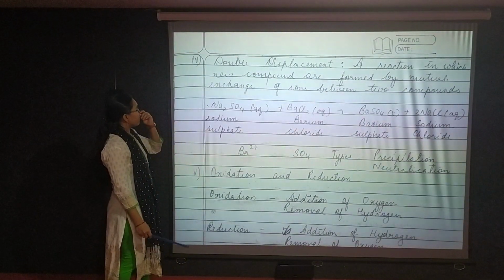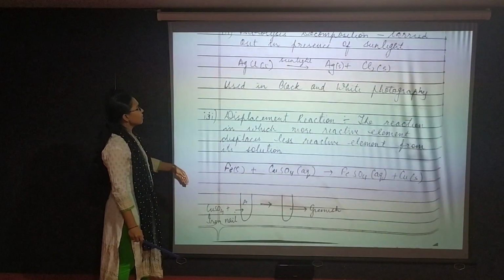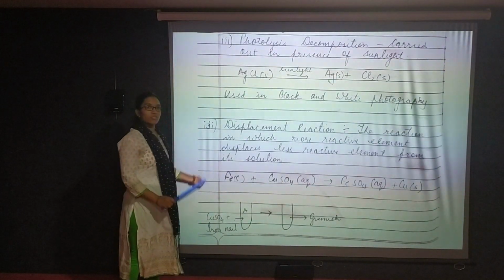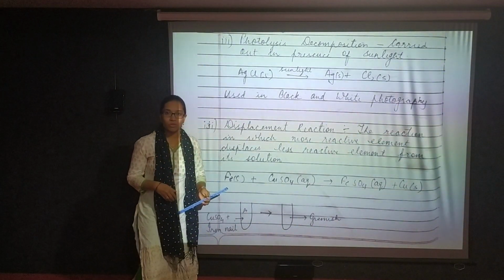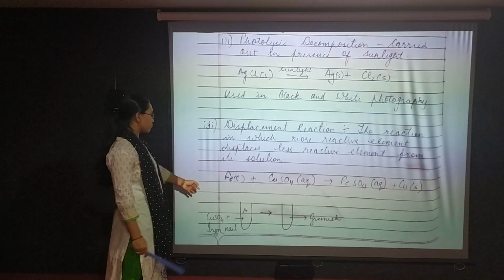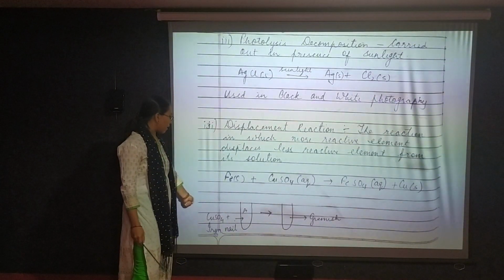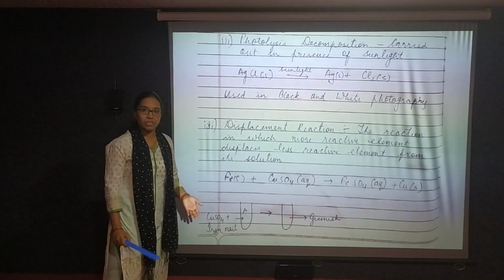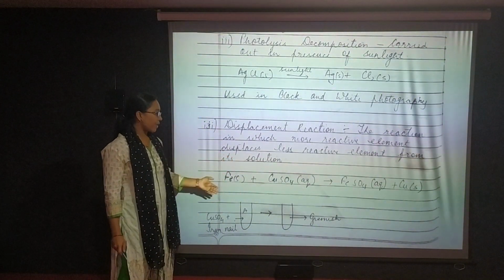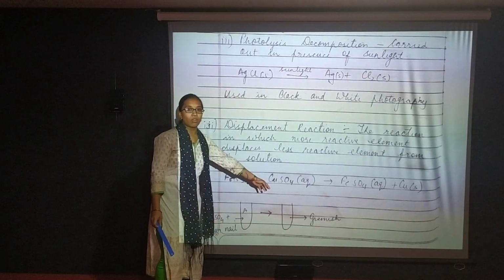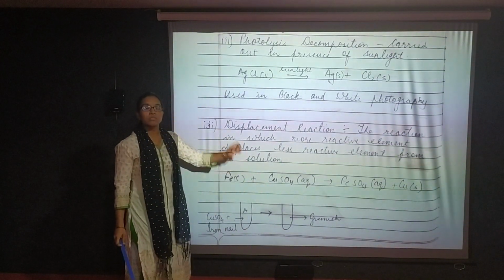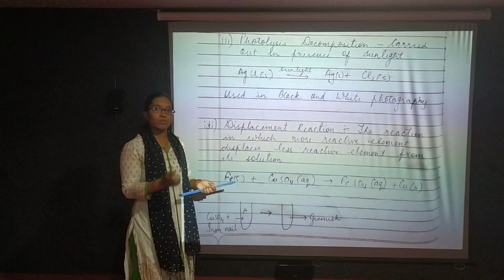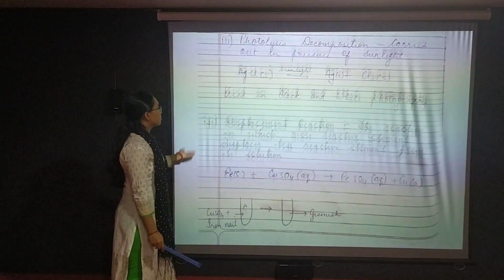Now to explain it, we have one experiment also. This is test tube A. In test tube A, you have taken CuSO4 solution, and when you dip an iron nail inside it, the color of the solution will turn greenish. So there is a change in the reaction. And why has the color of copper sulfate changed? Because the Cu has been removed from SO4, so the blue color of CuSO4 is changed.